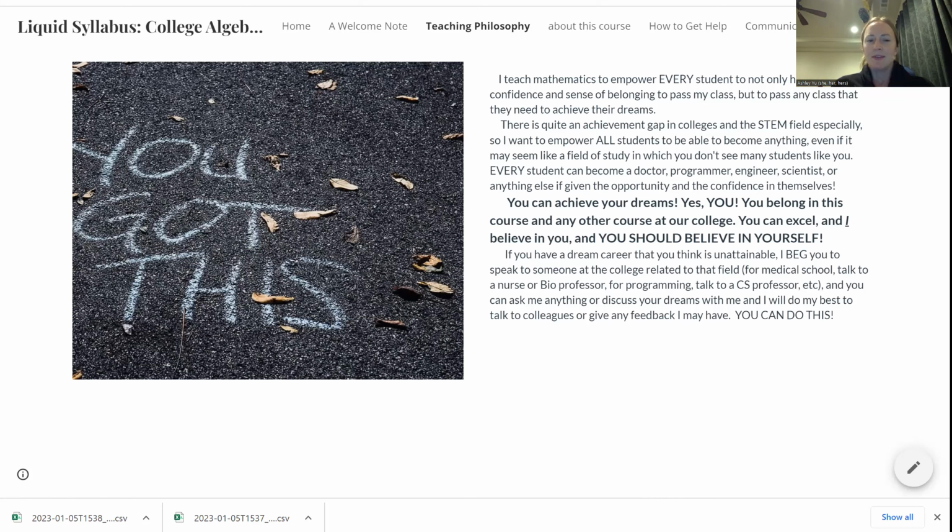And I think especially if you don't have any family members in there, like I'm the first person in my family to go to college, I felt like an imposter when I wanted to be a STEM major. I thought, I don't think I can do this because no one in my family does this. I just wish someone would have told me you can do it. You got this.